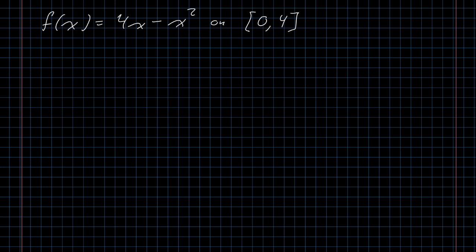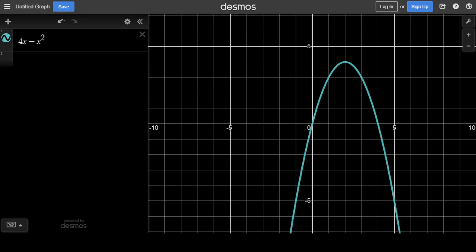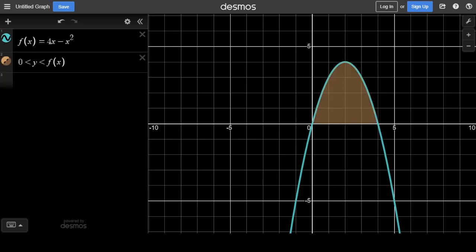As one more example, let's take a look at the function f of x equals 4x minus x squared on the interval from 0 to 4. If I jump over to Desmos real quick, you can see that the graph in this case is a parabola. And in the interval, x going between 0 and 4, this graph actually perfectly bounds a region between the graph and the x-axis,